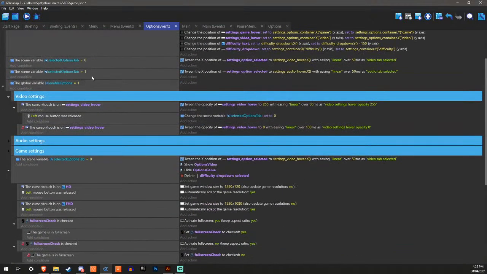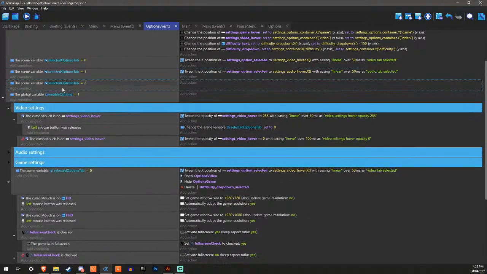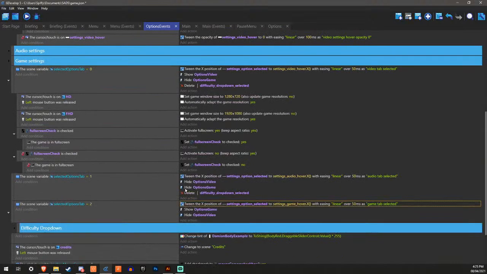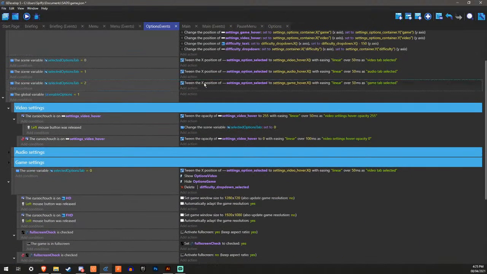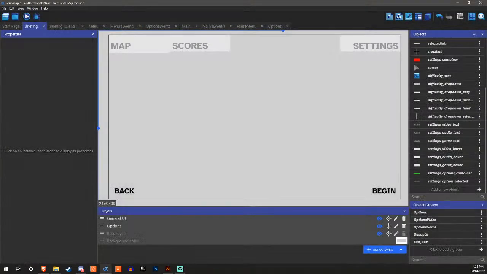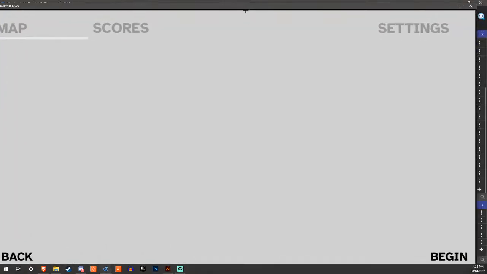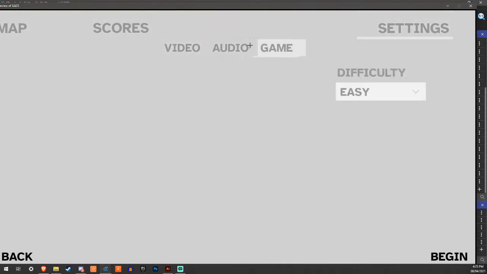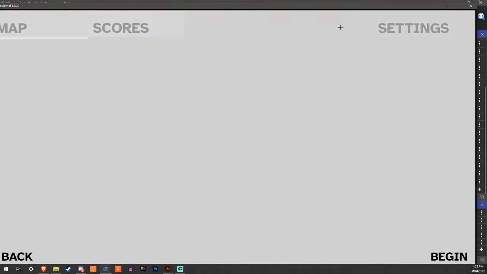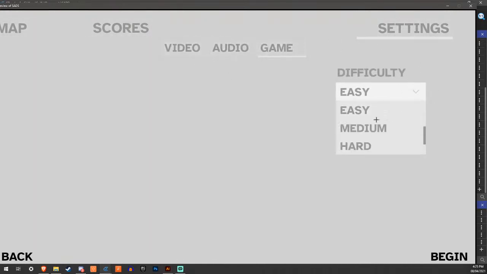Then that, with this, like that, and that. Easy peasy. Now it should move with the other stuff here. And it's slowing down a lot. Okay, no, that's fine. Okay, cool. That's good. Very nice.